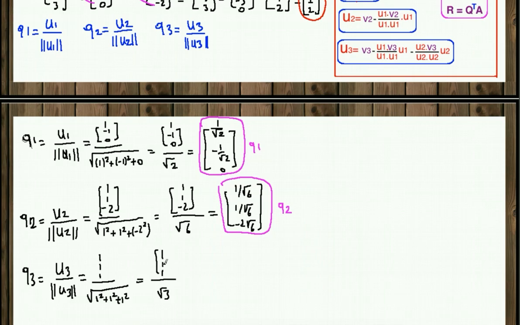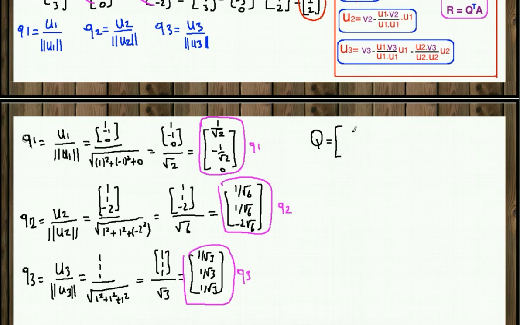Each component divided by square root of 3 is our q3. So this is our q3. Now we found our three orthonormal vectors